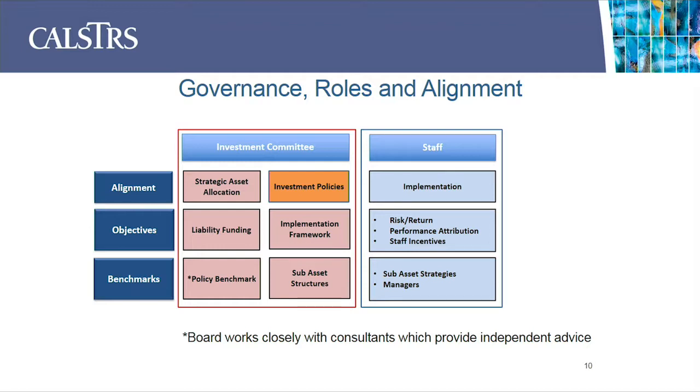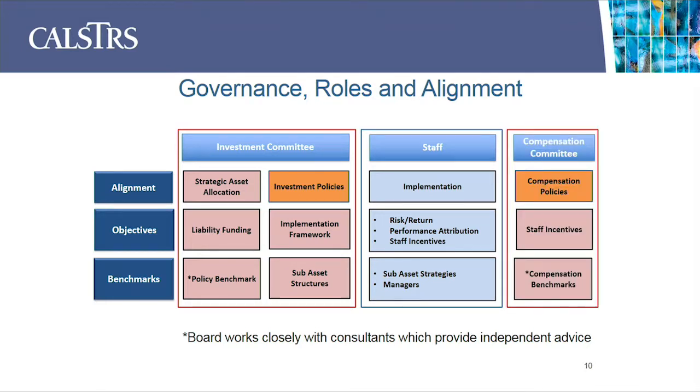But we also want to make decisions that are less risky. So our role is to optimize that portfolio and to implement in a way that hopefully generates better return at the same or less risk than the policy benchmarks. And so our objective includes more understanding of the performance attribution and how to incentivize staff in order to implement. And we'll get involved in choosing the actual manager benchmarks, as well as the sub-asset strategies that are right below what the board has decided.